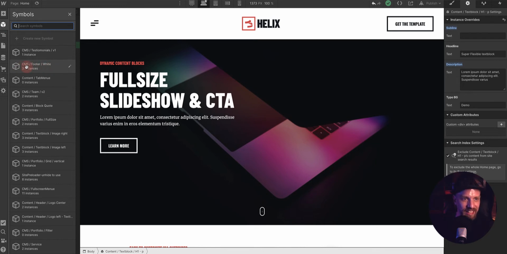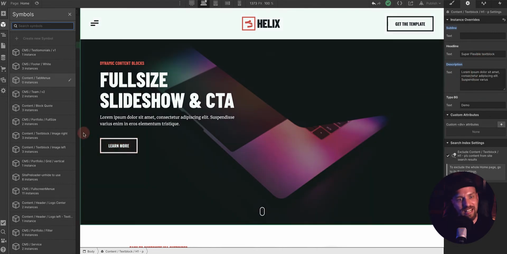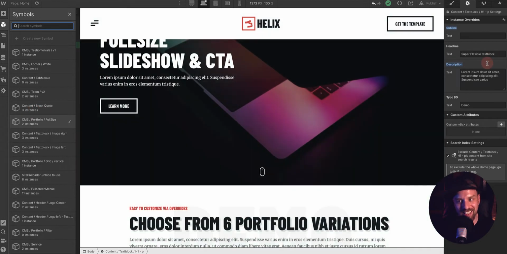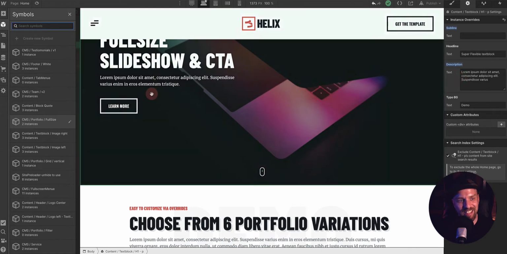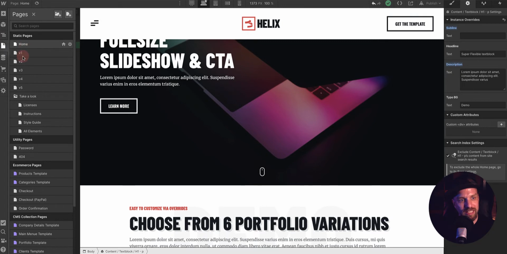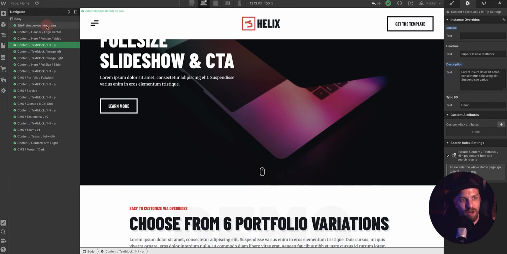CMS, like I said, are all connected to CMS collections, so they are not overridable via these things here. But if we have a content element like this, and we drag it into here, we can directly override the main text. So that means we have actually 6 pages predefined, all with a different look. We have portfolio templates, and also every page is built on